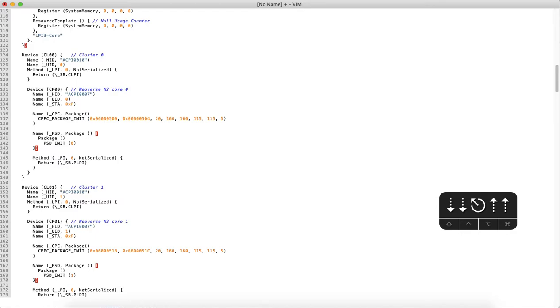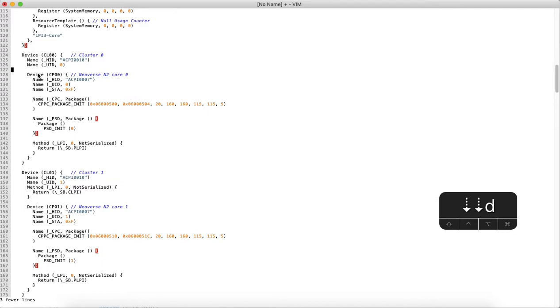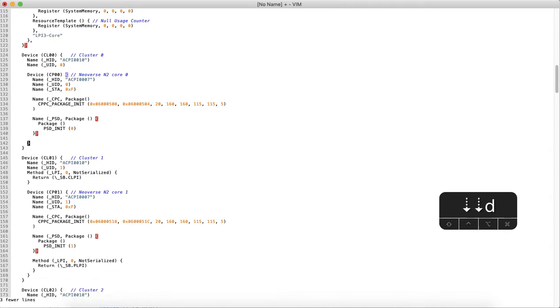The simplest method to do this in Vim is, if you are in normal mode, press Shift V, which will put you in visual line mode, and then you can select the three lines and then press D. Right, that's going to delete all the three lines, and we can come down to the next entry, select these three lines, and then remove this, and again go to the next occurrence, select these three lines and remove.